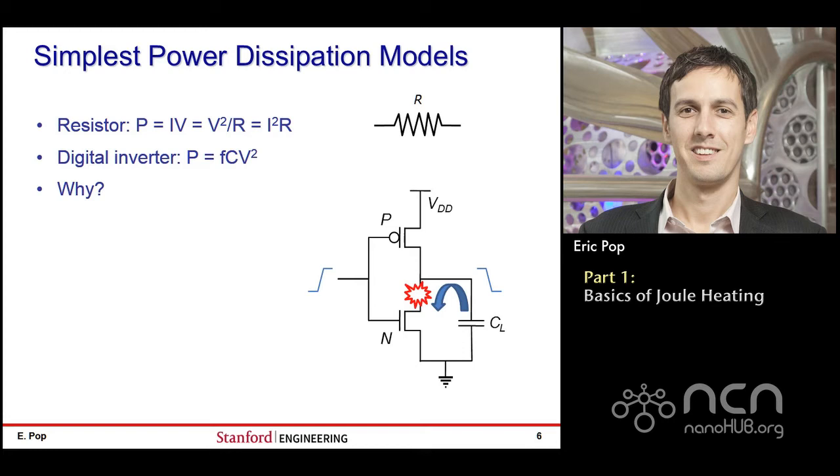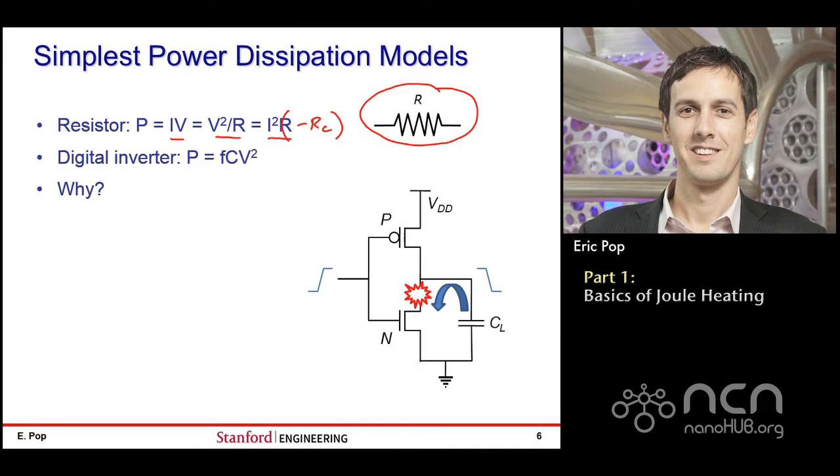So what are the simplest power dissipation models, the ones that we learned essentially in high school or even at the earliest undergraduate level? The simplest device, of course, is something like a resistor, and the simplest power dissipation model in a resistor is something like IV or V squared over R or I squared R. This is by far the simplest model that we can come up with. Perhaps if we talk about power dissipated purely within the device, we should subtract the contact resistance. So in that case, it becomes I squared times (R minus RC). But this is probably the only correction we can make at this point in this very simple lumped model.